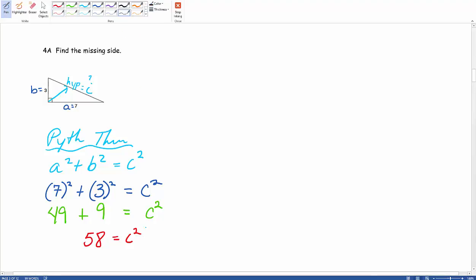And then lastly, because we don't want c squared, we just want regular c by himself, we kind of want to get rid of the c squared. We'd have to do the inverse of c squared, and the inverse of c squared is taking the square root of both sides. Because remember from class we've talked about how the square root comes together with the squared, and they kill each other off. And so then they are gone, leaving us just the variable we wanted, c, which is equal to the square root of 58, or about